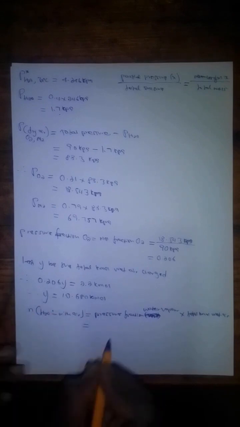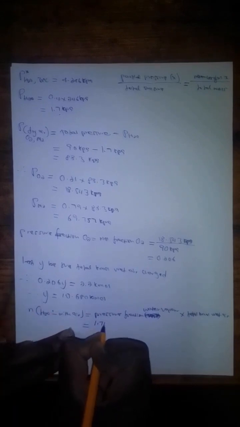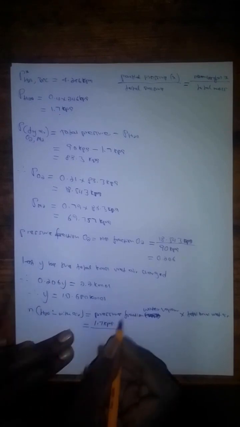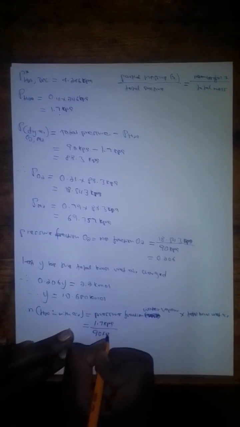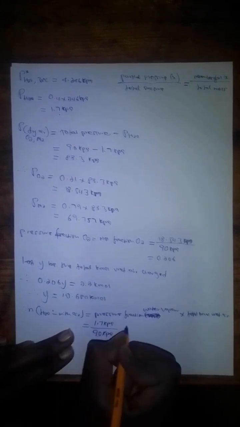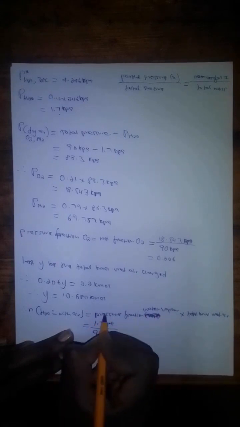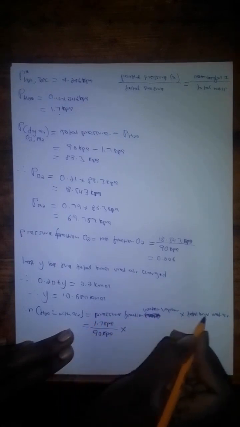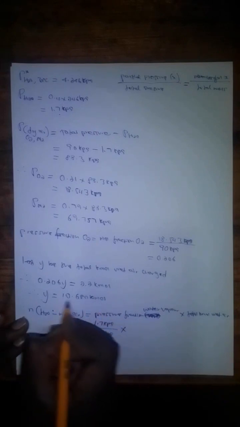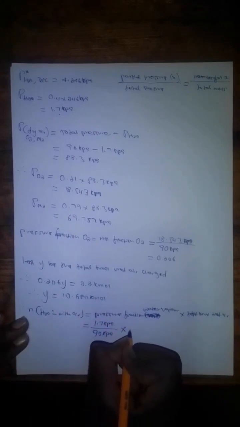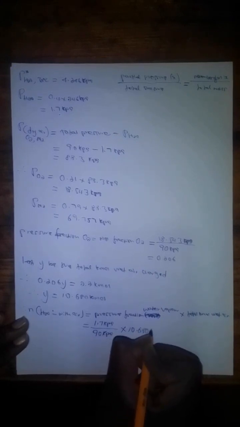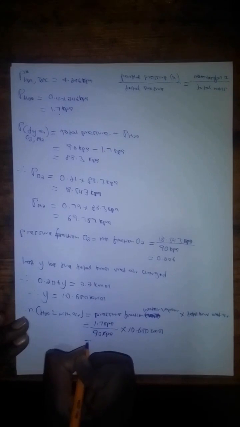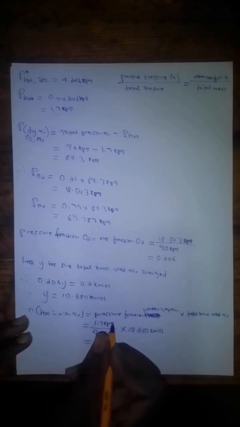the partial pressure over the total pressure. So we know the partial pressure is 1.7 kilopascals. That is the partial pressure of the water we calculated back then. And then now we know the total pressure of the wet air is 90 kilopascals, right? And this is the pressure fraction of the water vapor. Then we multiply by the total kilomole of wet air, which we have calculated to be 10.680 kilomole. Now, if you use your calculator, that is going to give you